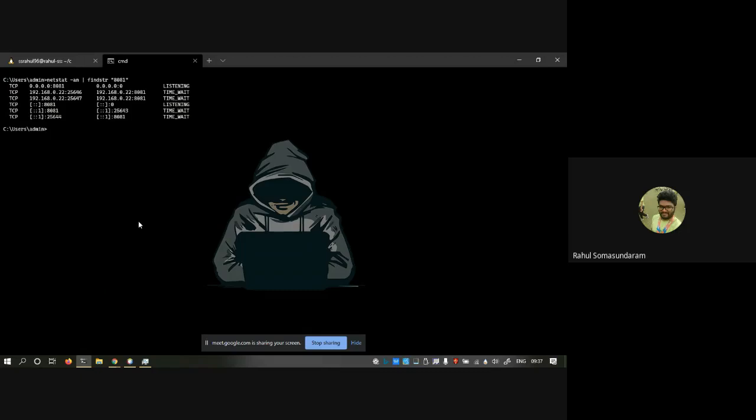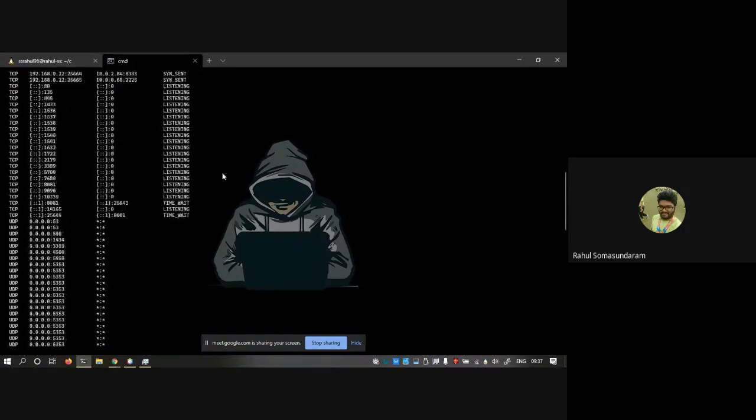So for example, I can give you another example. Don't be afraid of this command. netstat -an is the inbuilt Windows command which is used for listing the ports that are being used in your system. You are running many applications in your system, right? So for finding which ports are active, you use netstat -an.